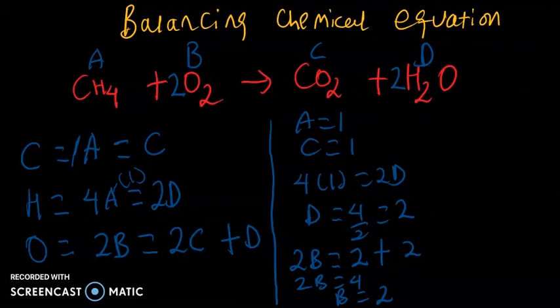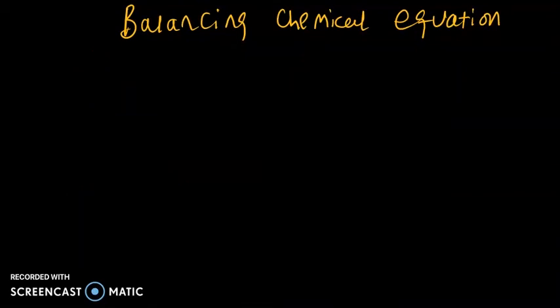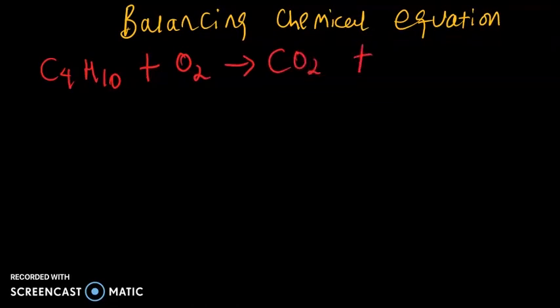So let me bring another difficult equation for us to balance. By difficult, I mean the numbers are higher, something like C4, H10, and the rest. So for example, let's use butane. The formula for butane is C4H10 reacting with oxygen to give us carbon dioxide plus water. So using the algebra method, the method I showed you in the second place, let's put